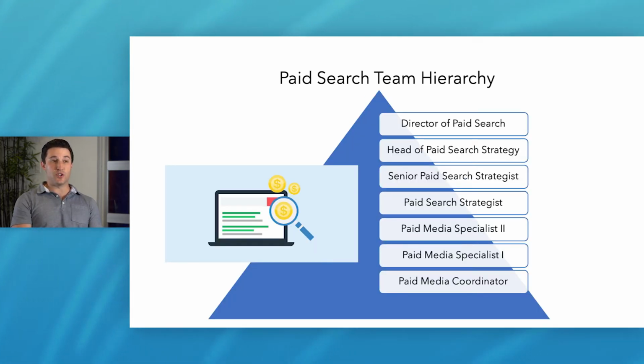This is what our team structure looks like. We have coordinators who help out with day-to-day tasks like reporting and execution. We have specialists who handle some of the same things, but also begin to grasp paid search account strategy. Strategists are the leads on the account. They're responsible for handling strategy and are more client-facing. Our head of paid search strategy supports in the definition, development, and implementation of strategy across the team and our clients. And then finally, as the director of paid search, I'm here to make sure that all of our clients are set up for success,